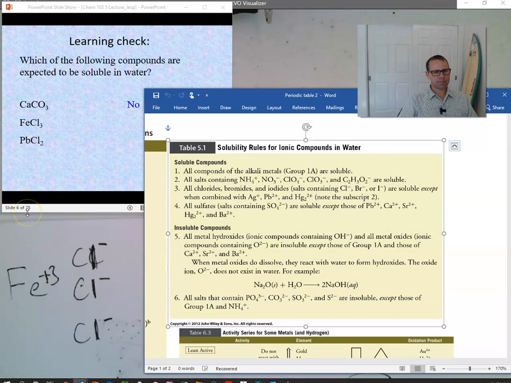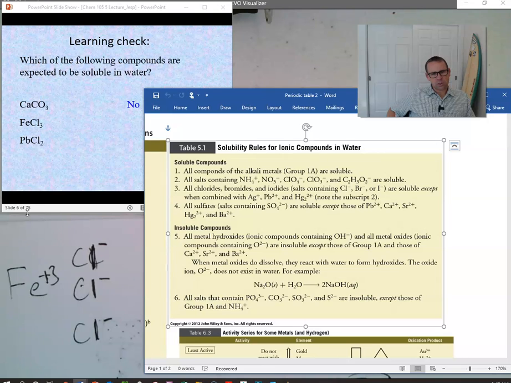Did you understand that? Yeah. Okay, wonderful. Now let's find out if it's soluble or if it's insoluble. Oh, number 3. What's it say? All chlorides, bromides, and iodides. Good. Salts containing chloride, bromide, or iodide ions, yeah,